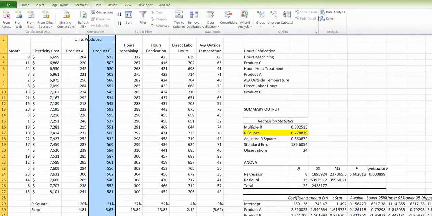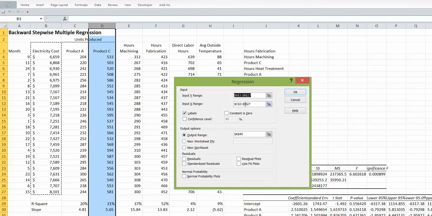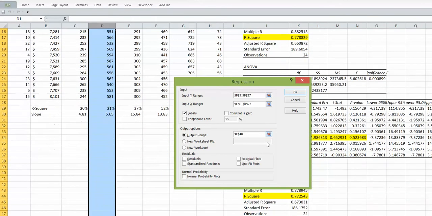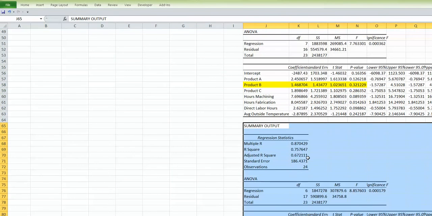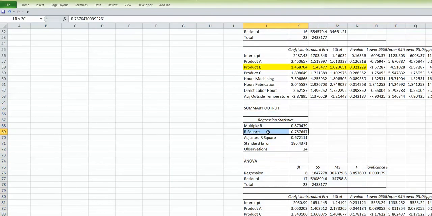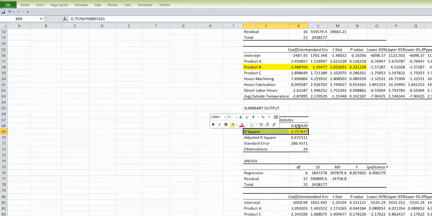Data analysis, regression. My data now goes all the way out to column H, outside temperature. In terms of where I'll put the data, let's put the data down here below our last regression output. With our reduced model now, we are still explaining roughly 76% of all the variability in electrical cost with our remaining